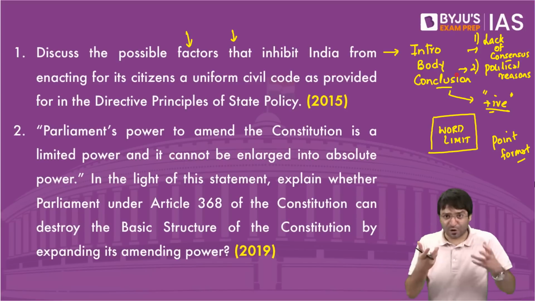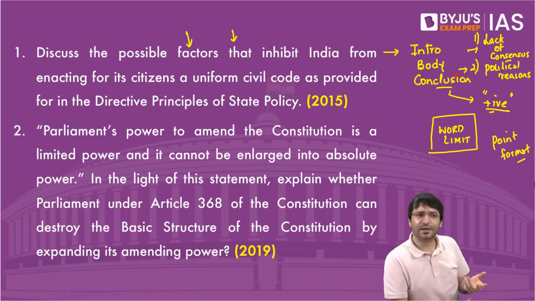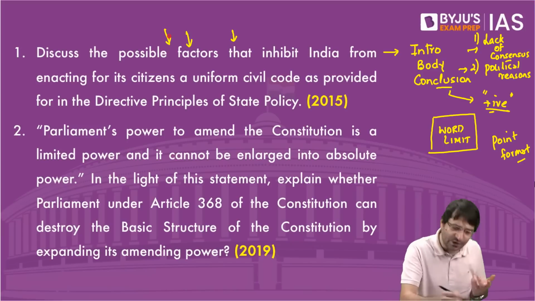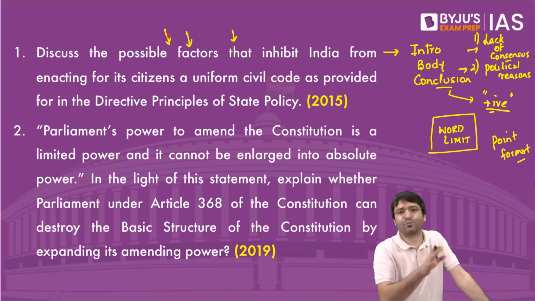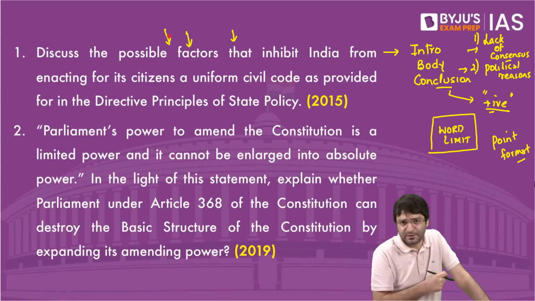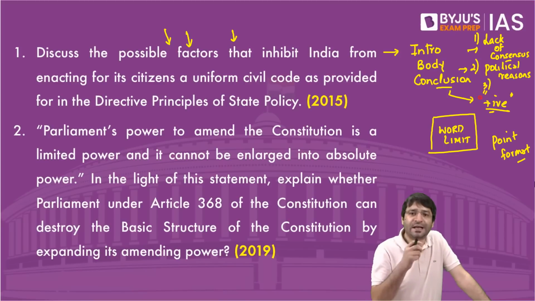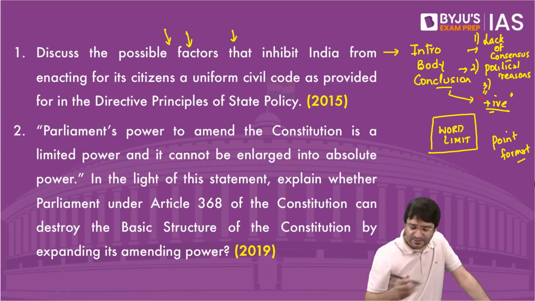I've said this is a controversial thing. Can we mention it in the answer? You have to mention it because this is a political question. And the reason is politics, why uniform civil code could not be implemented. Fine. Third, because of the clash of fundamental rights with